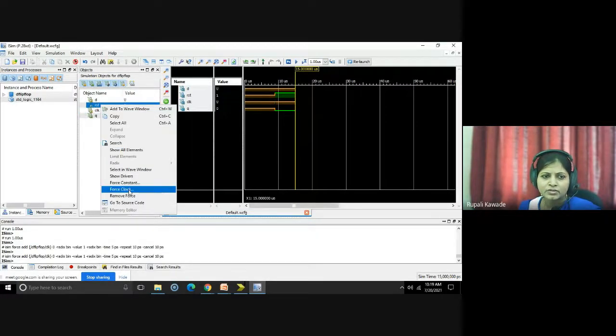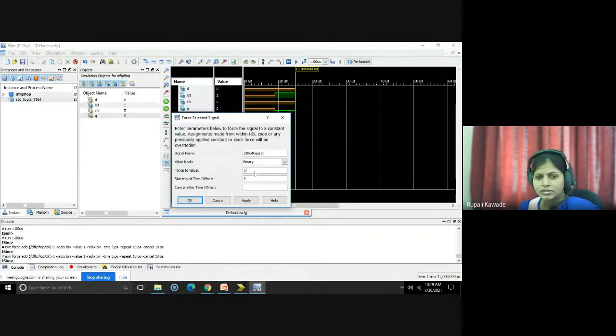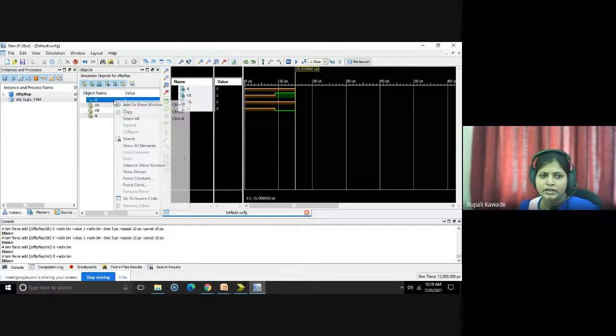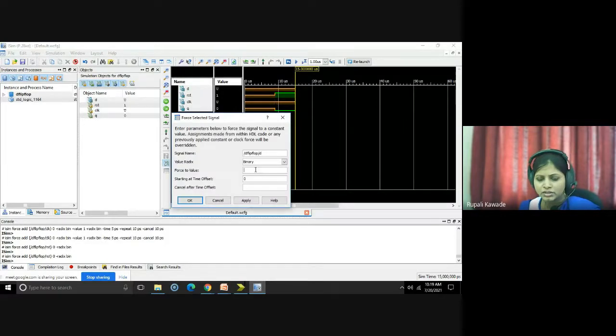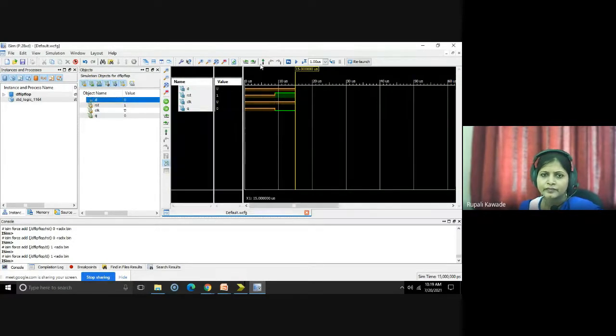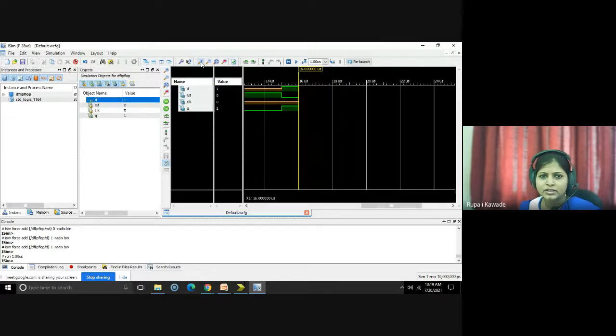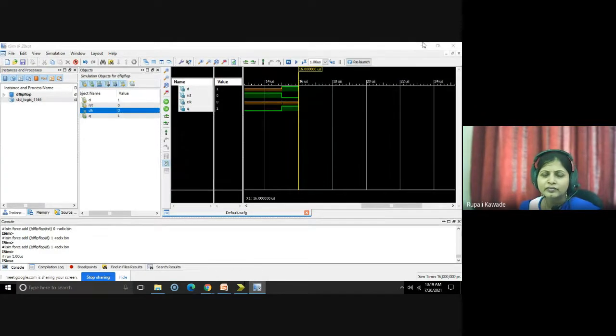Now reset is 0, force constant, reset is 0. And D is 1, force constant, D is 1. Now you can see I have taken only this 10 microseconds. We maximize it. So here, if reset is 0 and D is 1, your Q will be equal to 1. So with this, you can simply simulate it using your software only.